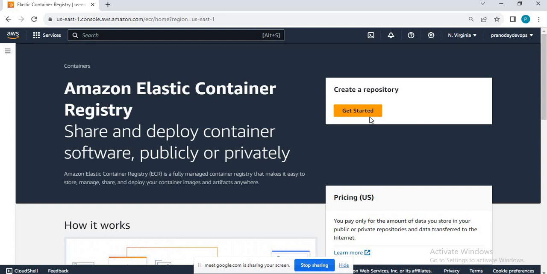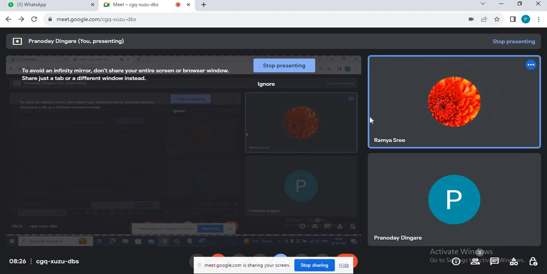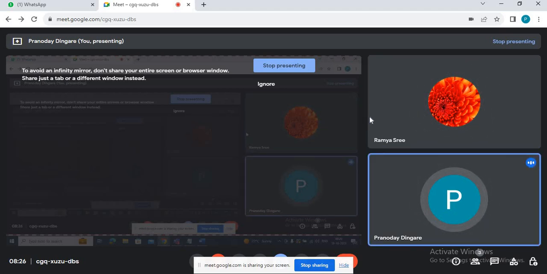Getting my point? Yes. So AWS has provided the server and everything. You simply create your repository, use it as long as you want to, and once you are done, just delete it from there. It's as simple as that. Otherwise it's quite a headache, installing the Nexus inside the container or on the on-premise machine, then maintaining it and taking care of it. There are a lot of